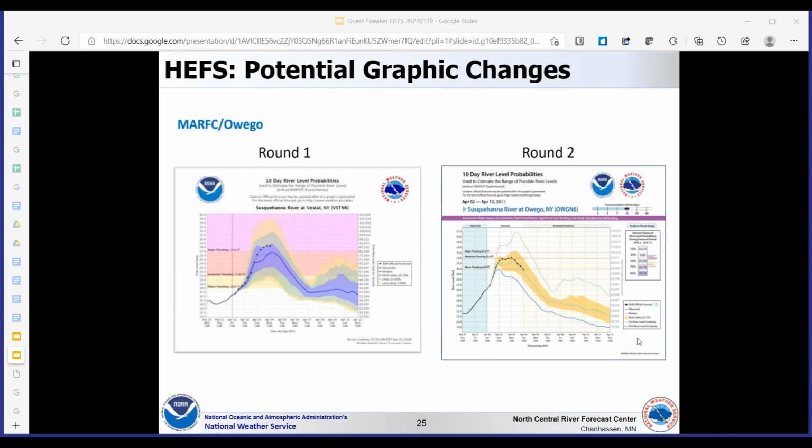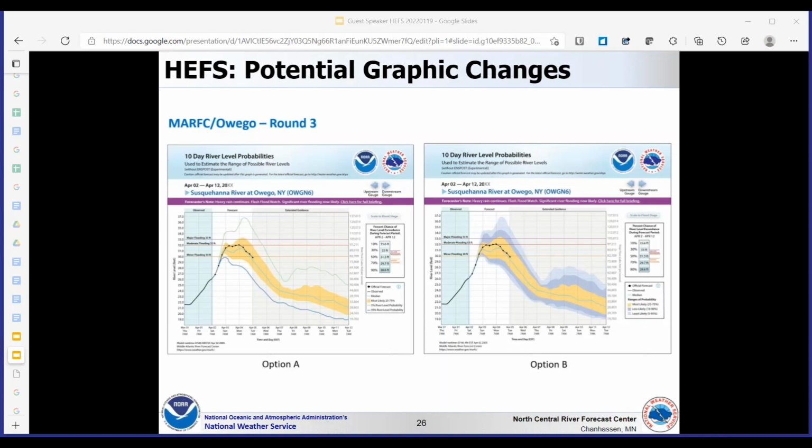They then took that info and had the next focus group meeting with members of the public, emergency managers, and that tier of users. So they started with a graphic that the first group had and had a good deal of discussion. They were given a choice of option A or B, with the main difference being the shading of the probability bands. The shading seemed to have more support, which is the one on the right.